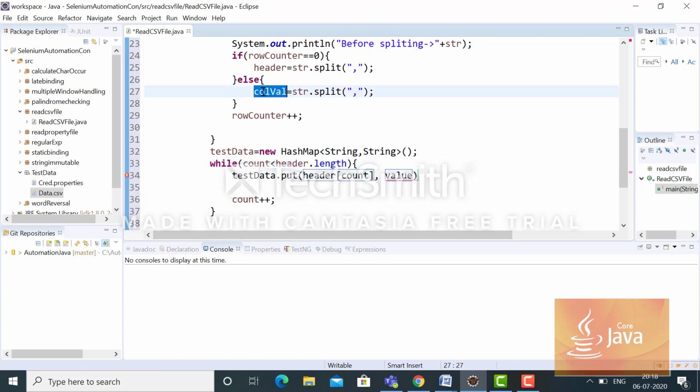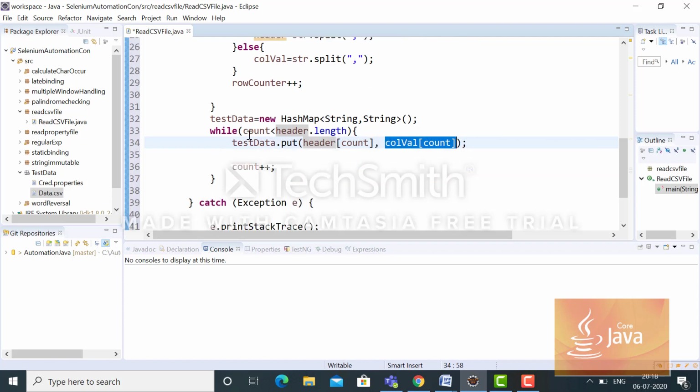Similarly, for the value I have to use the column value, and count will be this. So header array I put in the key, and column value I put in the value. This loop will keep continuing till the length of any of the string arrays.